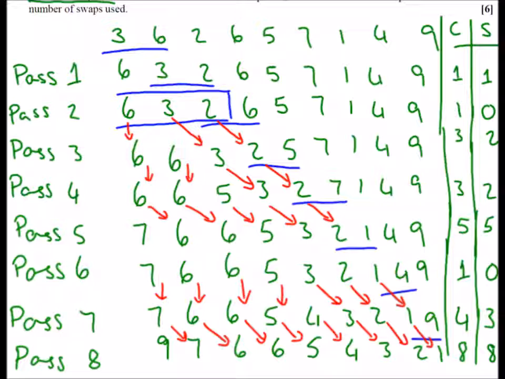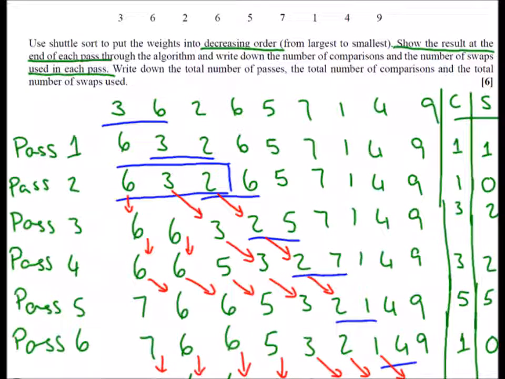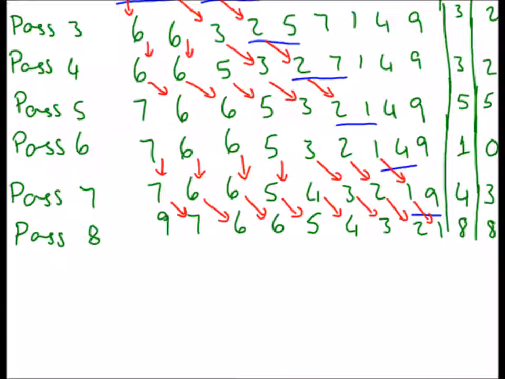Right, if we have a look at the question, make sure that we've done it. The question asks us at the end, write down the total number of passes, the total number of comparisons, and the total number of swaps. So to finish off, we're going to say passes, well, I had 8 passes, comparisons,